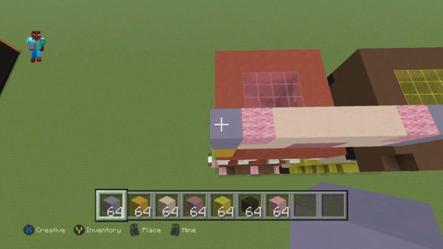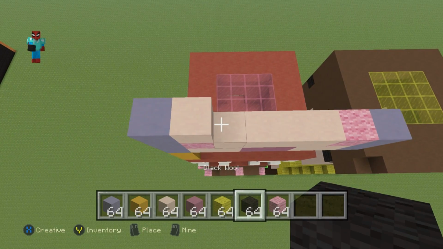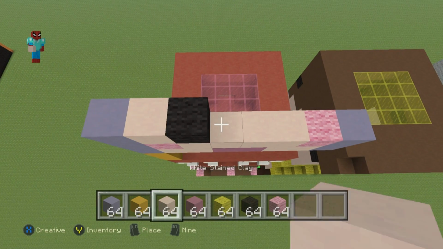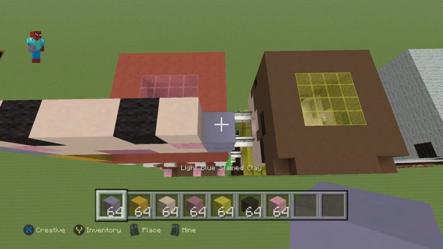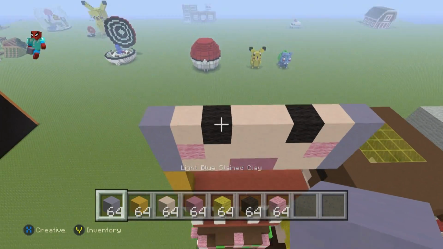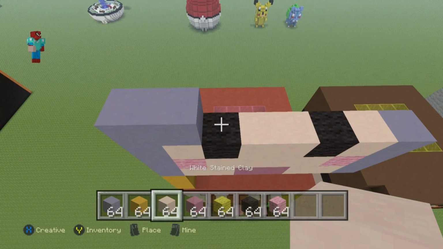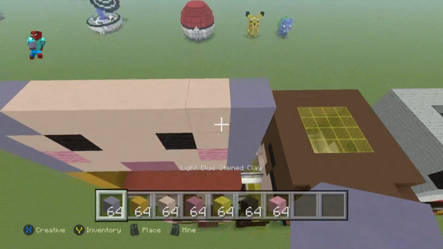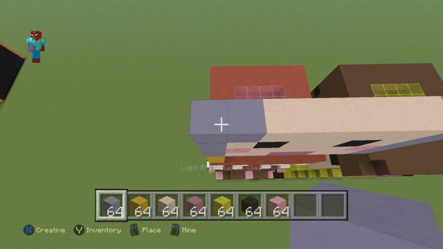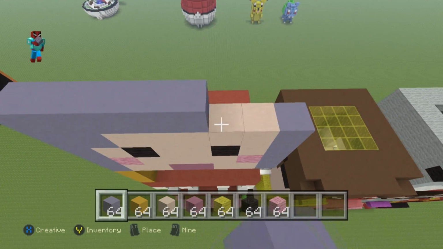Then for the next row, going from left to right, do 1 light blue, 1 white clay, then do 1 black wool, 2 white clay, 1 black wool, 1 white clay, 1 blue clay. Then for the next row, do 2 blue clay, then 5 white clay, that's 1, 2, 3, 4, 5, then 1 blue clay. Then for the next row, do 5 blue clay, that's 1, 2, 3, 4, 5, 2 white